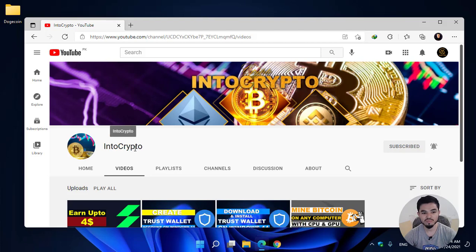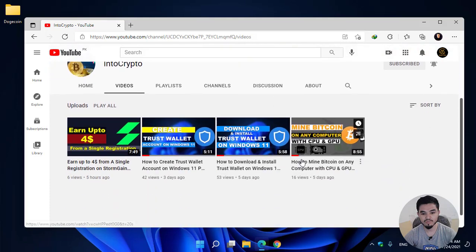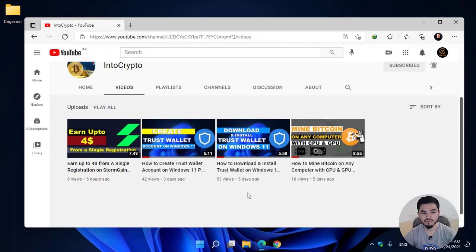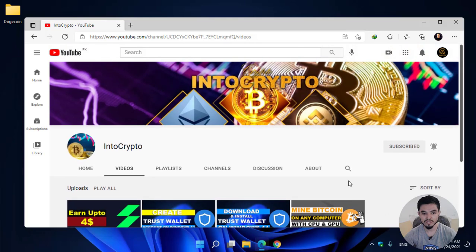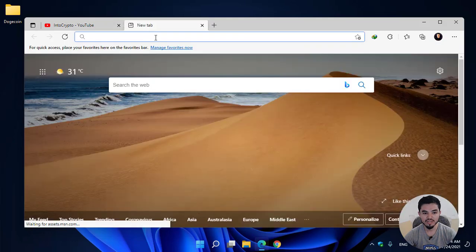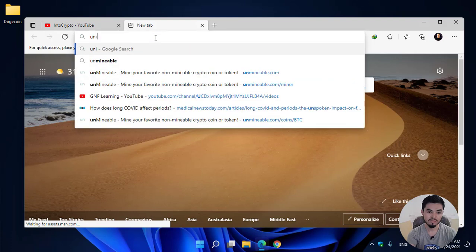Before getting to the process, navigate to IntoCrypto. Here is the Bitcoin mining, and here is how to download and install Trust Wallet on your Windows PC. For mining Dogecoin on your computer, you need a miner, and you also need a Dogecoin wallet. So here I will open the unmineable website,